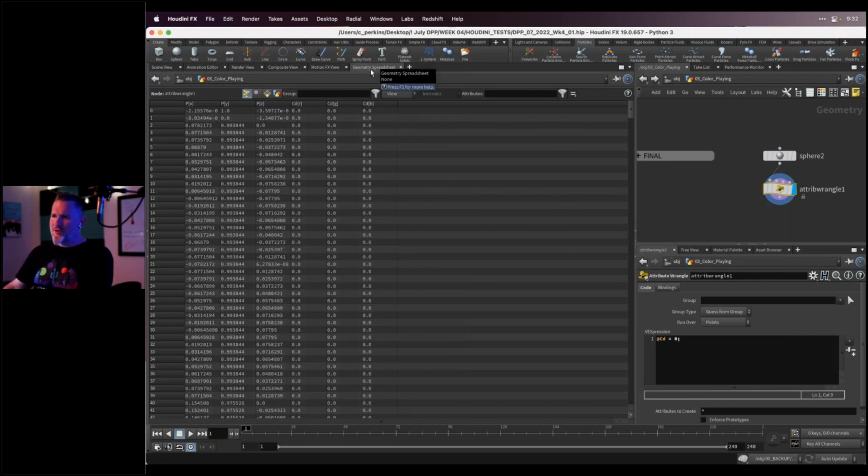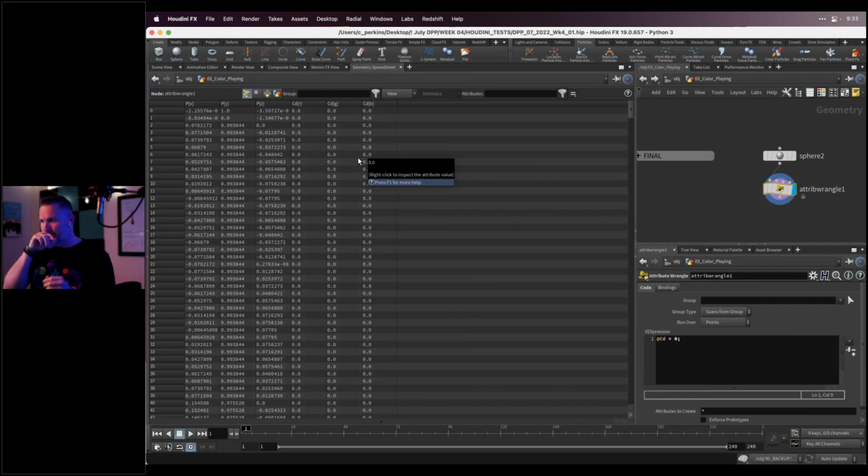So what I want to show you here is that on the left, if we're in this points mode, which it's very important that we are, especially for the stuff we're going through today, we can see the number of all the points. Every point has a unique ID. So we're seeing the points on the left-hand side. And then on the right side, or the bulk of this, we're seeing the attributes of those points. So we have the position X, Y, Z, and now we have the color red, green, and blue, and it's all 0. So we have an attribute that we created, and we have a value that we've given to it.